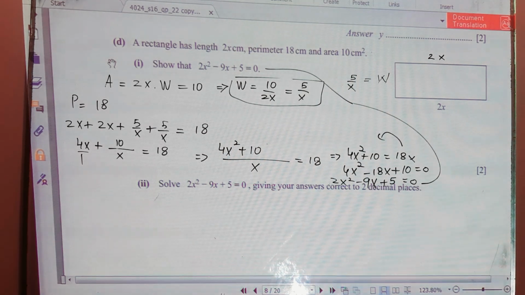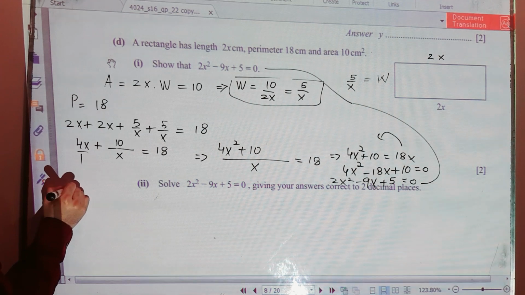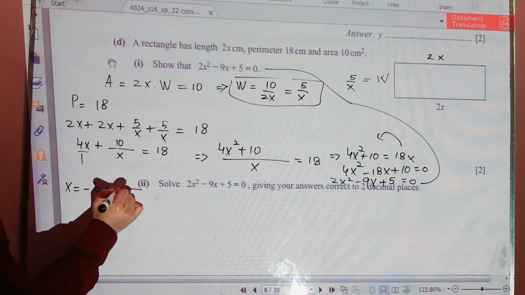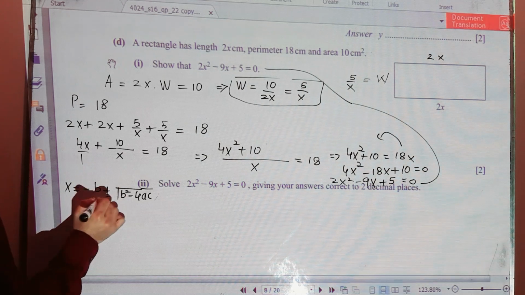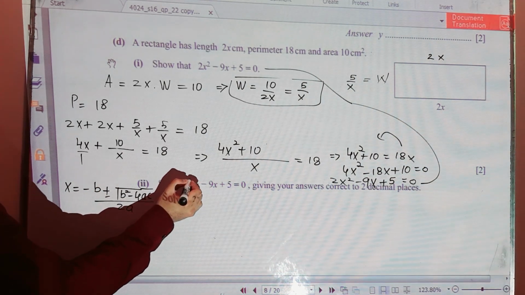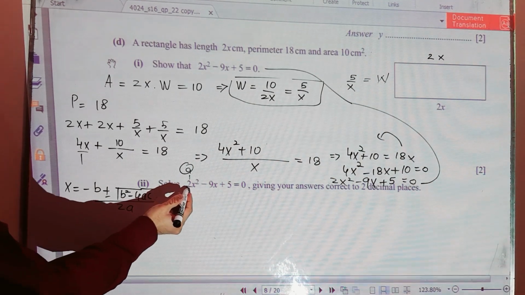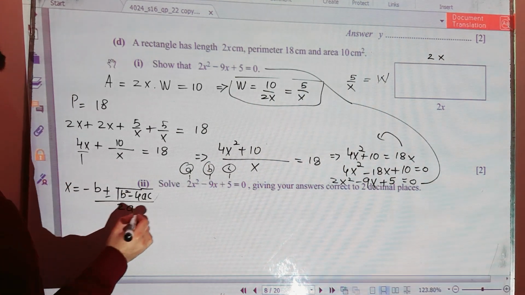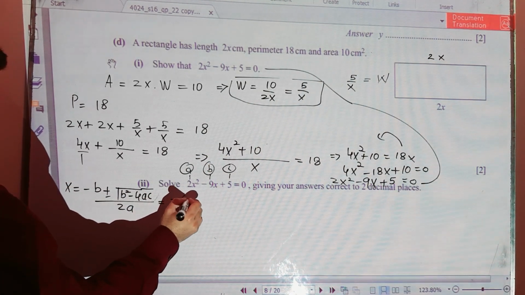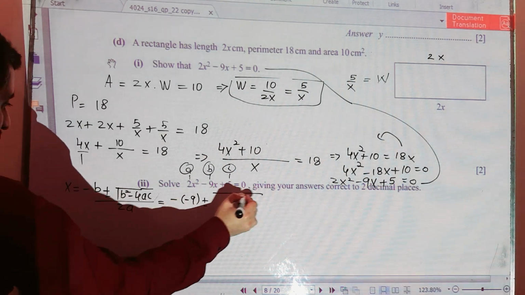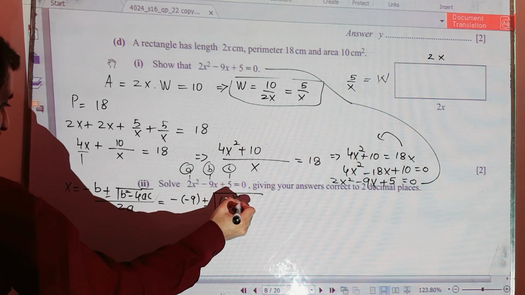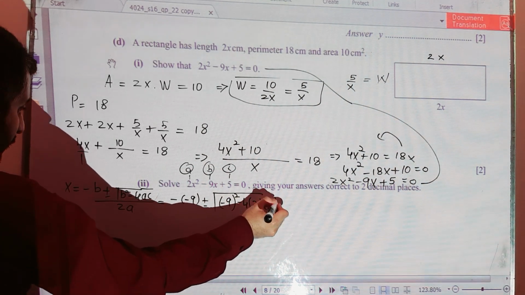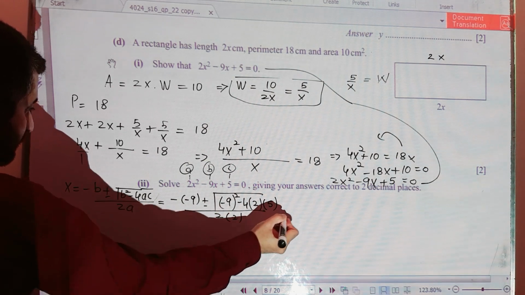Next is to solve this equation, 2x square minus 9x plus 5 is equal to 0. And for the solution, I am going to use the quadratic formula, and that is x is equal to minus b plus minus under root b square minus 4ac divided by 2a, where this is a, this one 2, the coefficient of x square, this is b, the coefficient of x, and this one is c. Okay, now use them over here. It will be minus b, and b is minus 9, plus minus under root b square, that is minus 9 square, minus 4ac, divided by 2 into a.